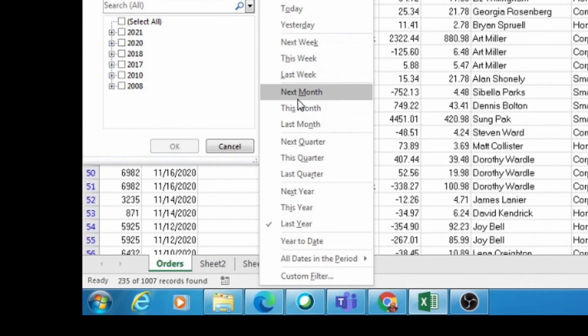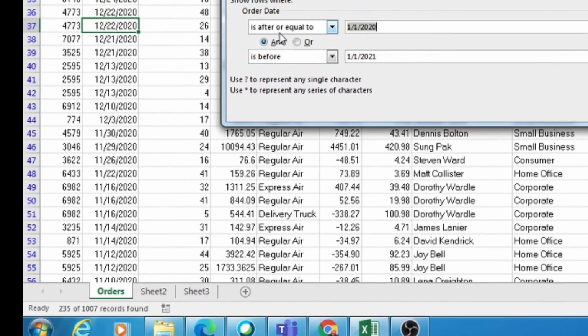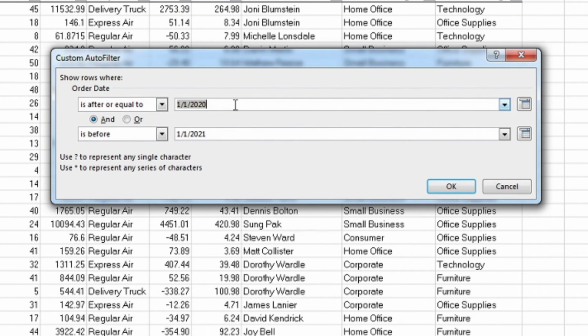Again, if I want to see a particular date range, I can go to date filters, custom filter, and give a particular date range over here. Suppose I want to see the data equal to or after 1/1/2020. This date should be included, but the date should be before 1/1/2021.